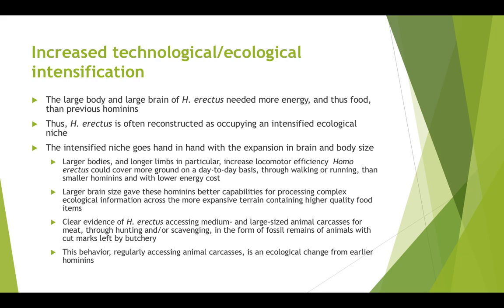So part of the expansion of the species of Homo erectus was enabled through greater fertility, through having more babies, through greater reproductive output, because this increases our population sizes, and then the need for people to move into new areas. All right, so we also see clear evidence of Homo erectus accessing medium and large size animal